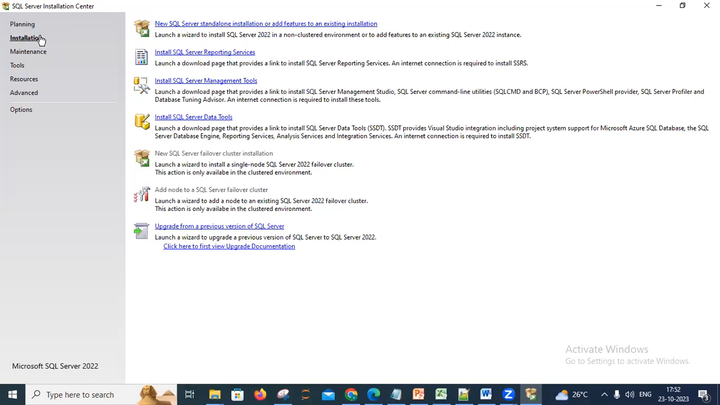SQL Server standalone installation and add features, install SQL Server management tools, reporting services. Many other options are given, right? We have to choose install SQL Server management tools, or before that we have to choose the new SQL Server standalone installation. So click over there,